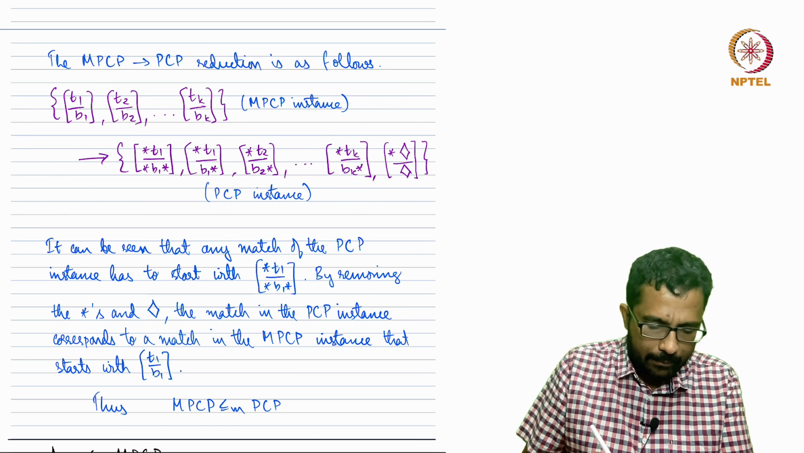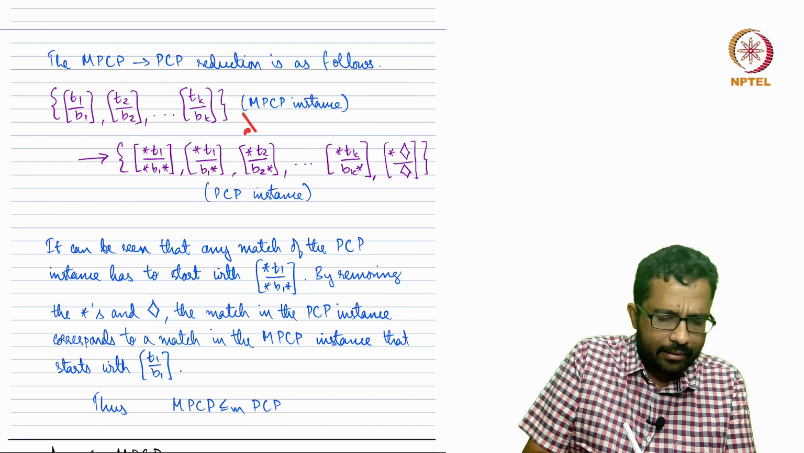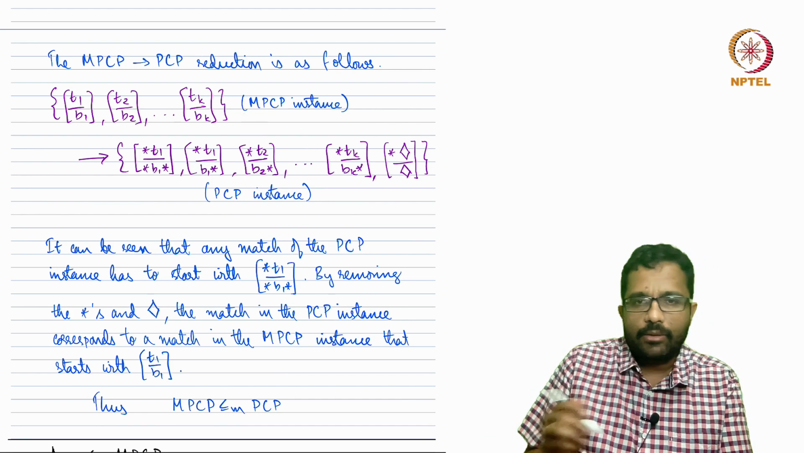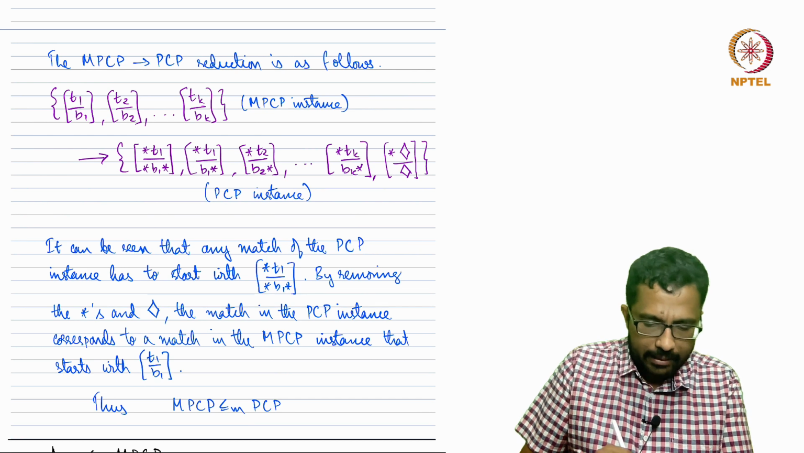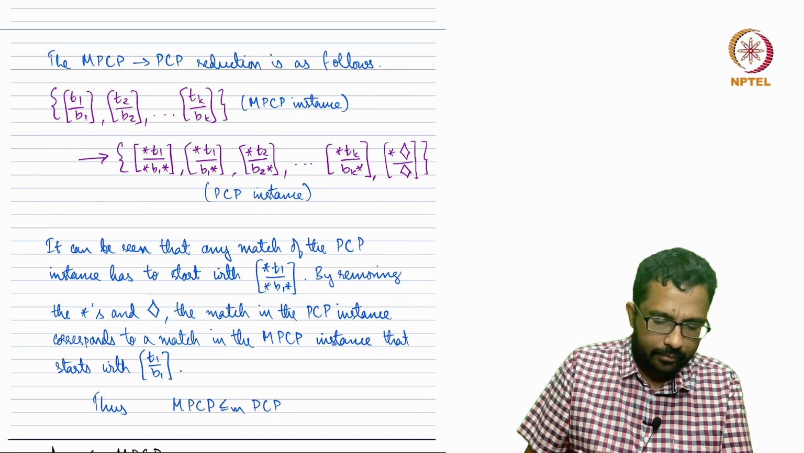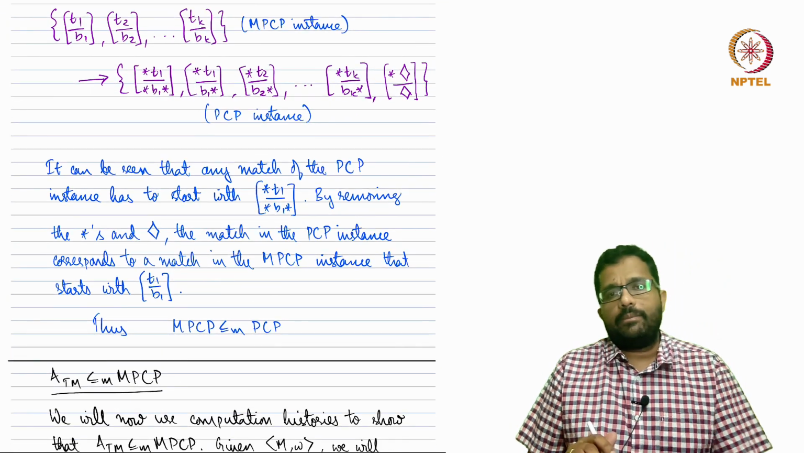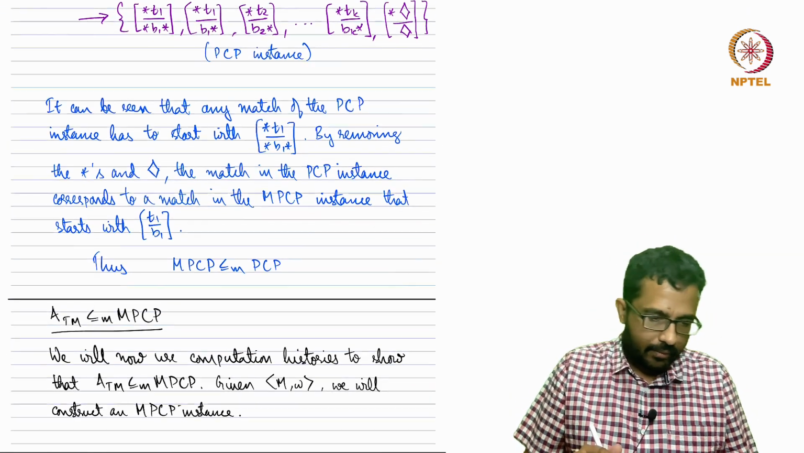So this completes the proof that MPCP reduces to PCP, and it is very easy to make this modified instance, right? The construction of the modified instance is easy, and the correspondence of the match is also somewhat straightforward, right? So now we have to show that ATM reduces to MPCP, sorry,